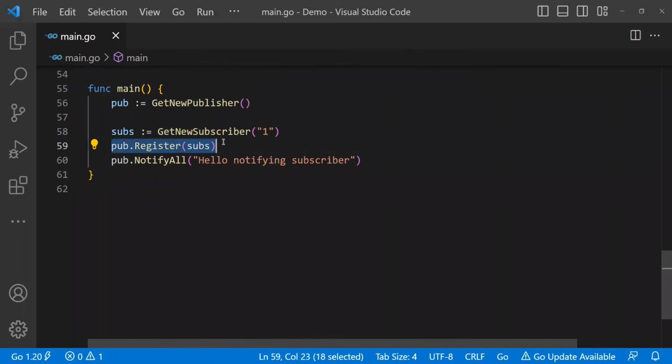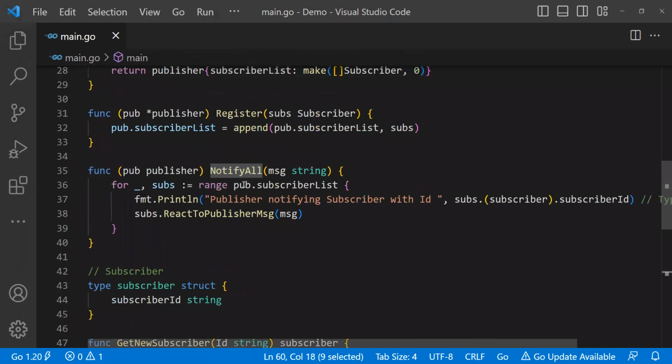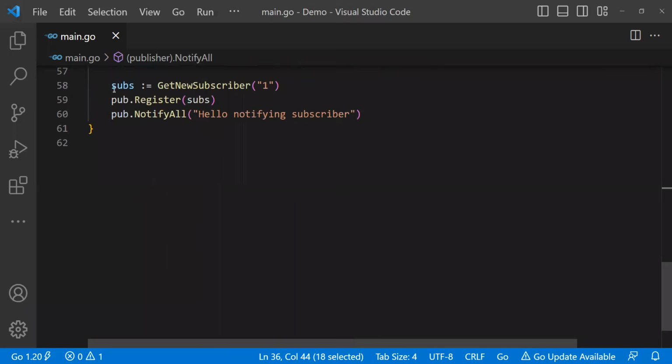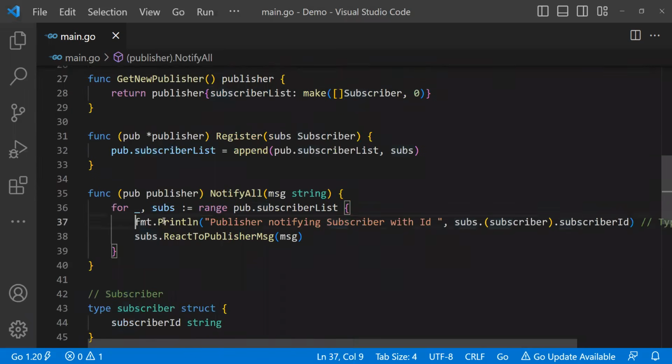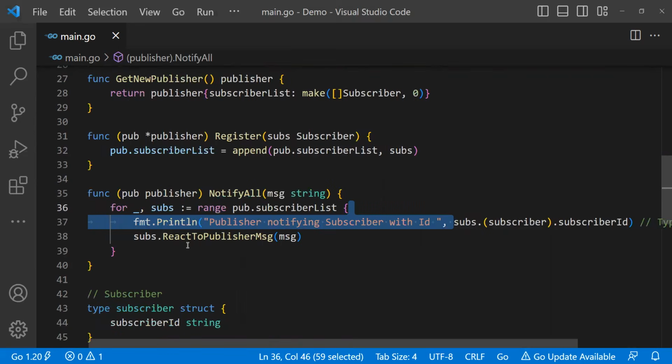Now, once we have done the registration of the subscriber, we'll call publisher.notifyAll. Now, let's see the notify method. It will have a subscriber list. In the subscriber list, we currently have only one subscriber, that is this one. So it will loop over the subscribers and it will first print, OK, publisher notifying the subscriber with the subscriber ID of this, and finally it will say